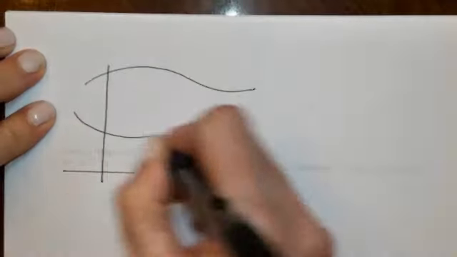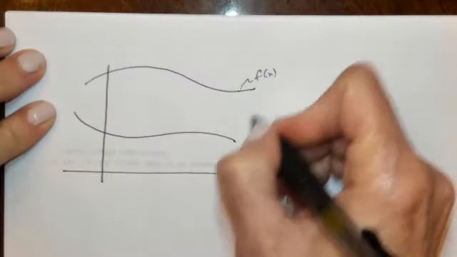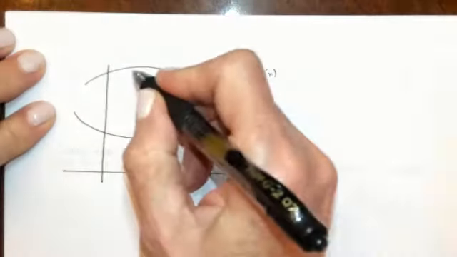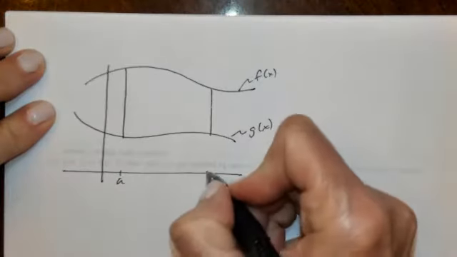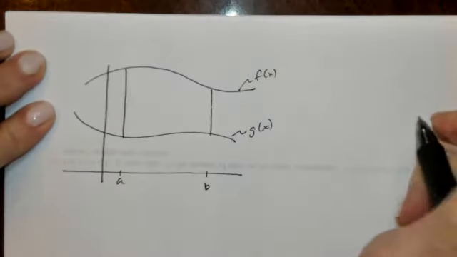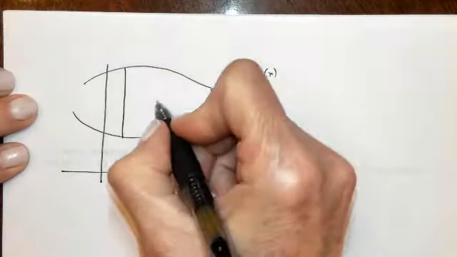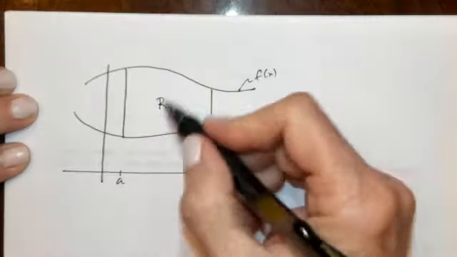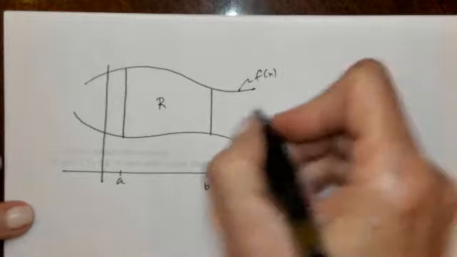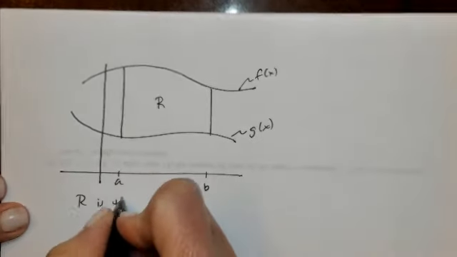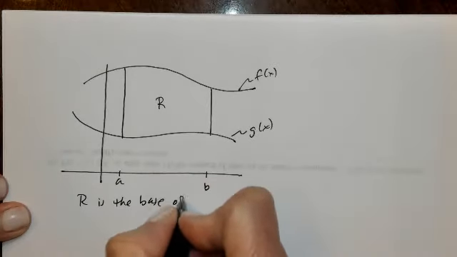Okay. So now let's take our region that we can find the area of. Say we have f and g again, and let's say it's bounded on the left by some value a and on the right by some value b. And now let's say that we have this region R, and let's say that that region is the base of some solid. It's the base of a solid,